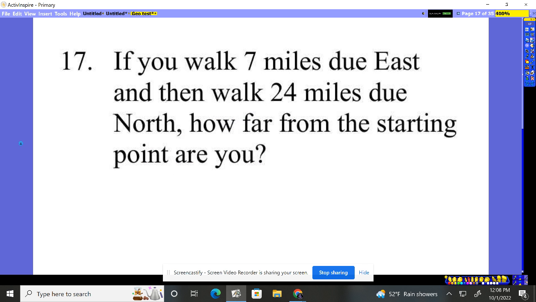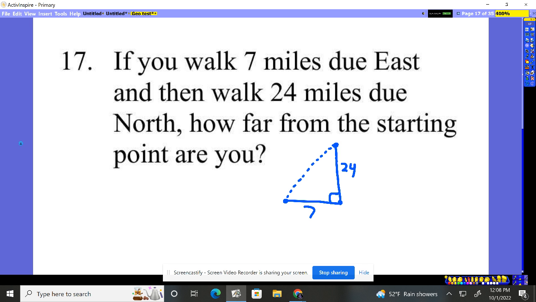17, if you walk 7 miles due east, so here I am, I'm standing right here, I go 7 miles due east. Then what I do, I go 24 miles north, 24 miles up. And it's saying, okay, you're right here. So how far are you from your starting point? Well, this is a right angle. So this is a right triangle, so I can use the Pythagorean theorem to figure out how far from base